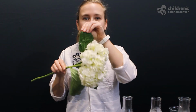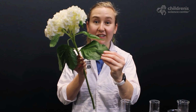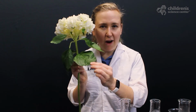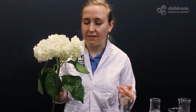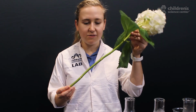Next, you have the leaves of the flowers. What I like about these flowers is that they have really, really big leaves. And the leaves can help defend the flower, keep it standing up. Leaves are also famous for photosynthesis, the process of using sunlight for energy. So we may eat pizza or burgers or sushi to keep us nice and energized. Flowers will use sunlight. Next, we have the stem of the flower, and you can see this flower has a